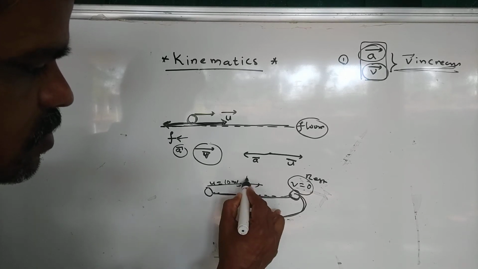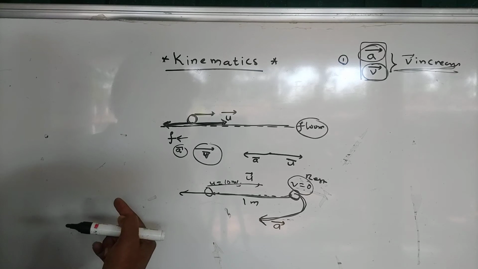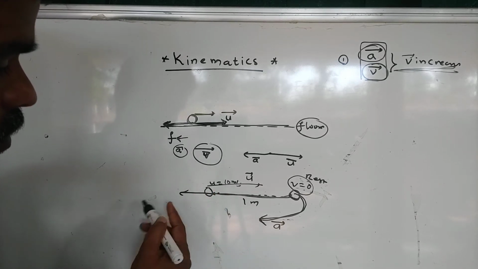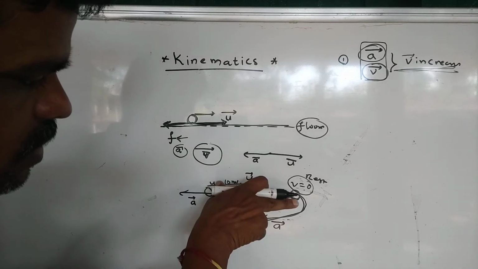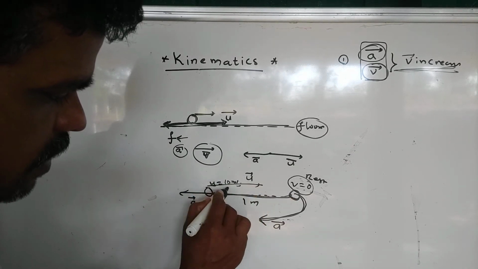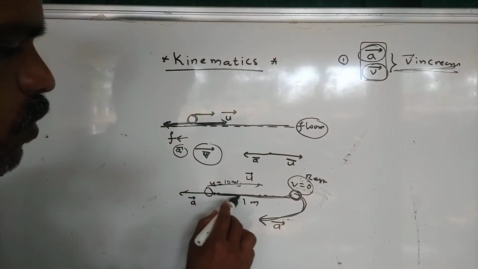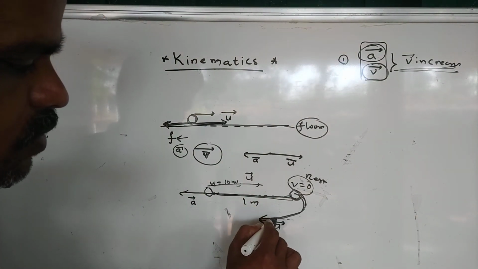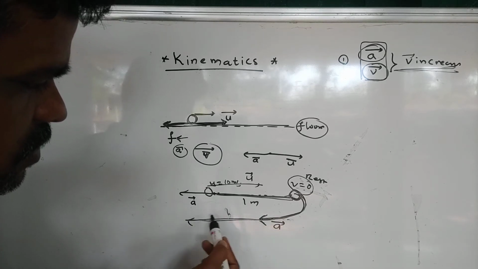Initially it is moving in this direction, but the frictional force acts opposite to the velocity of this ball. So here the acceleration direction is towards this one, and the velocity direction is this direction. So in the velocity direction it goes up to where velocity goes to 0, up to the rest position, then goes back in the accelerated direction. So the ball will accelerate in this direction.